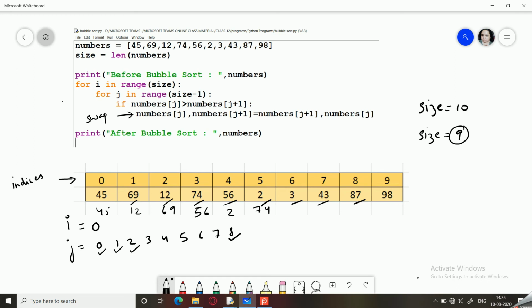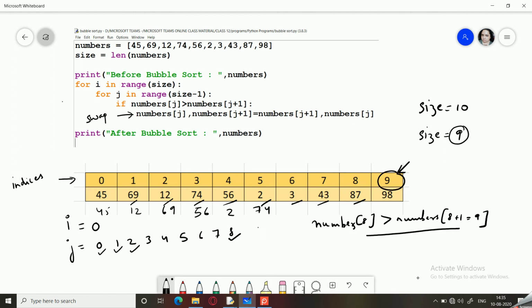So now it would be numbers[8], if it is greater than numbers[8+1], that is 9, and then do the needful. Had I taken it till size, that is till 10, the last value of j would have been 9.